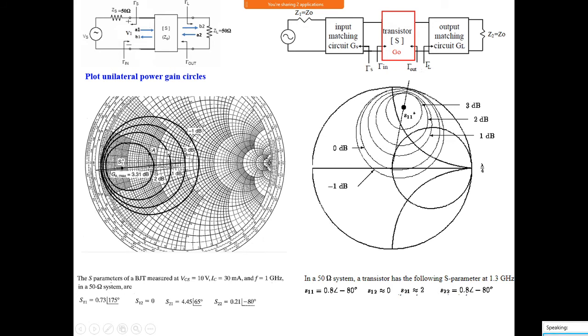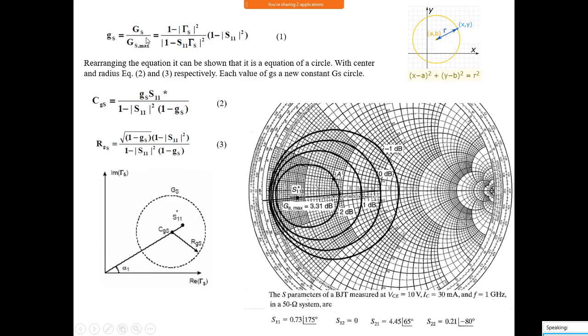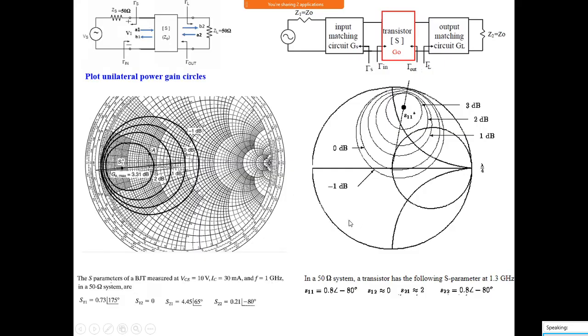Similarly, for 1 dB, you have to draw the circle. Drawing the circle means automatically, if you put 1 dB here, this is the right hand side, this is the left hand side. That is the equation of a circle. If you draw that, it will form like this. Over that circle, we can choose any one value to get 1 dB. While designing, we can design only for one value. That's why you choose any one value, like an impedance whatever here.